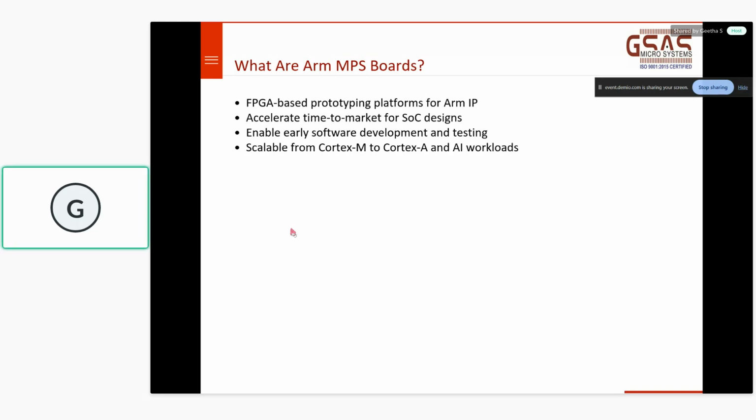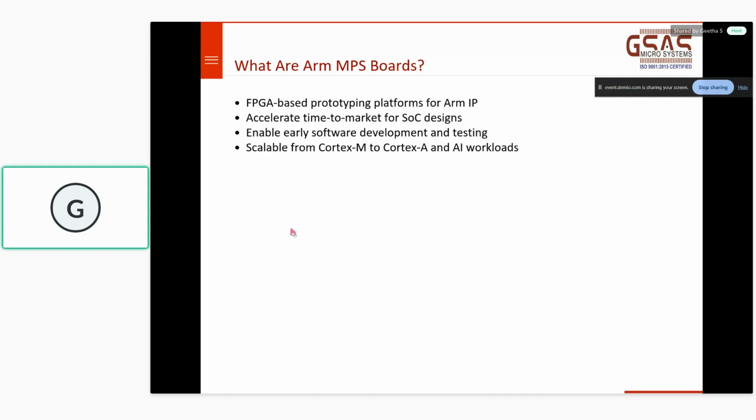So we'll talk about enabling early software development and testing. What usually happens in product development companies is we have software and hardware. Software acts as firmware or drivers which work on the hardware. So if the hardware itself is not present, how will the user test the software program? Correct. So there are two scenarios here.